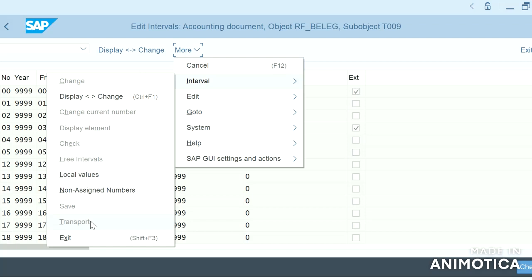But it is recommended to create number ranges manually in the system. If we want to transport the data, then we definitely need to check the data sync, or similar kind of data, in each and every system. Then only can we transport the number ranges.